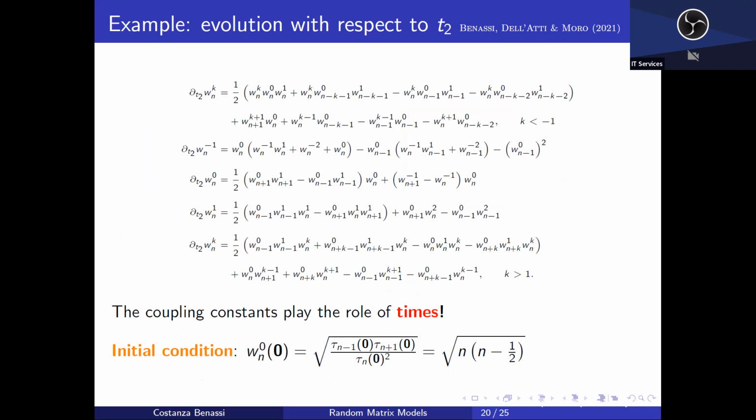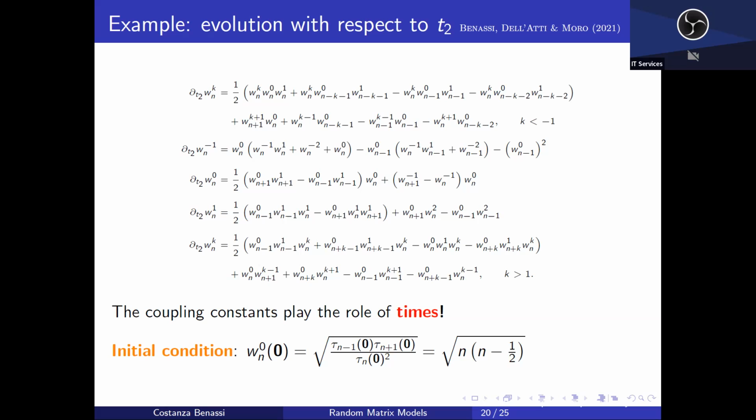I'm not going to go through the same example as we did for the Hermitian matrix model, because you can see from here that it would take more than a slide, and I'm not sure how helpful it would be. But the point is that exactly as we did for the TODA hierarchy, we have explicit equations for the fields as well, and they are in this form here. Okay. And again, of course, this hierarchy has infinitely many solutions, but we're interested in the solution which has this specific initial condition here.